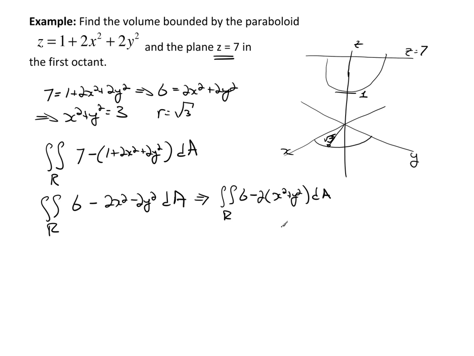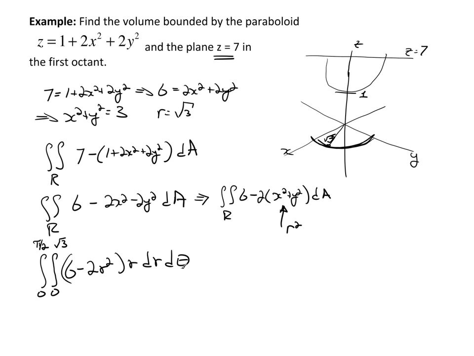which, if I switch to polar coordinates now, that is r squared. So life just got really nice. So this double integral, now that I know I'm going to polar coordinates, what are my angles here? I need to swing around through here. So my angle will be 0 to pi over 2. And my radius is going to range from 0 to root 3. And the function I'm going to be integrating is 6 minus 2r squared times r dr d theta,